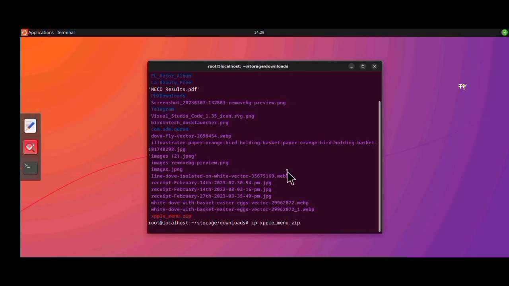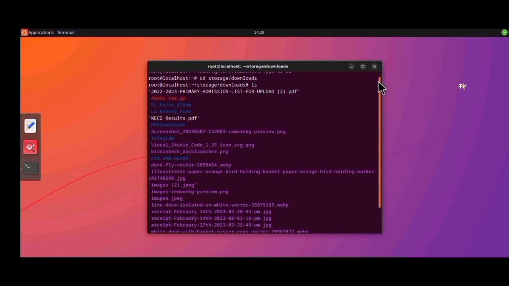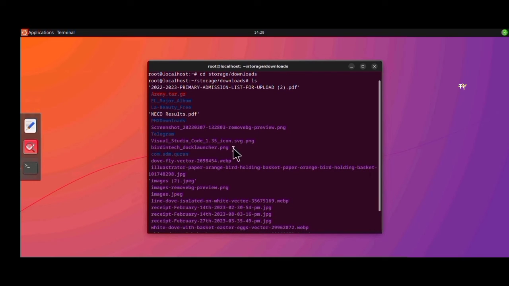Then where do I want to copy it? I want to copy it to my home directory. So to do that, you're going to be using the command cp expo-menu.zip, and I want to copy a